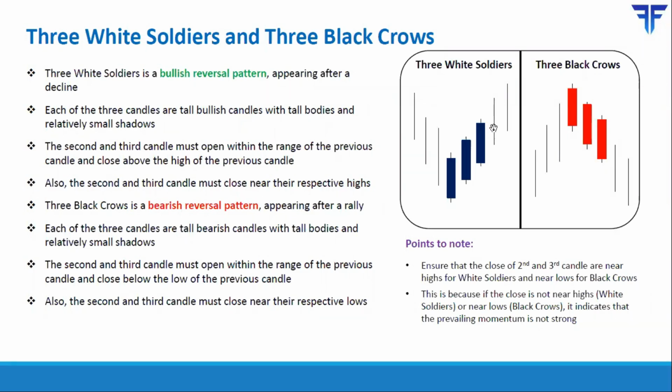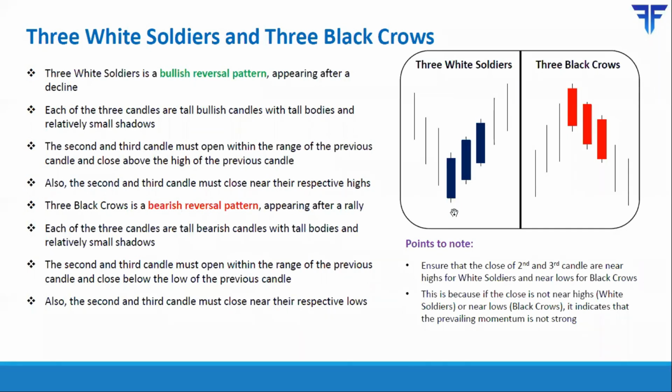Now, what should be the stop loss for 3 white soldiers? That's again extremely subjective. Some people who have higher risk tolerance tend to place stop loss below the low of the first candle, but oftentimes that stop loss tends to be very far. So if your risk tolerance is relatively less, then you can place a stop loss that is a partial retracement of these three entire candles, right from the low of the first candle till the high of the third candle.